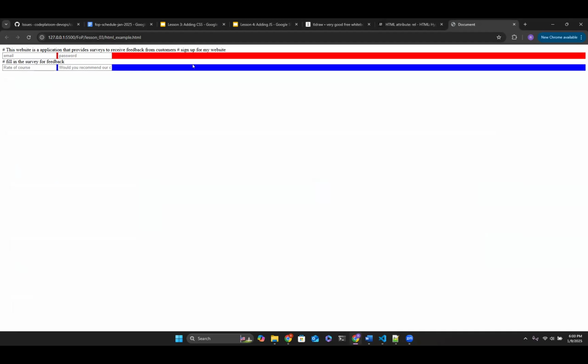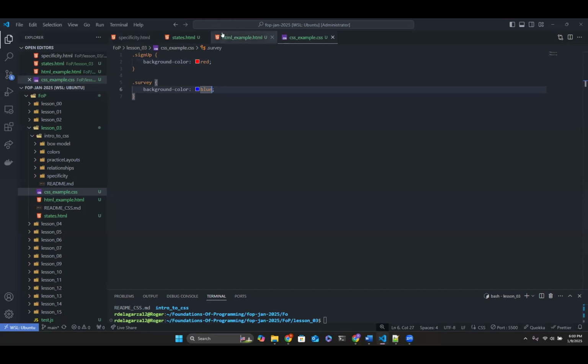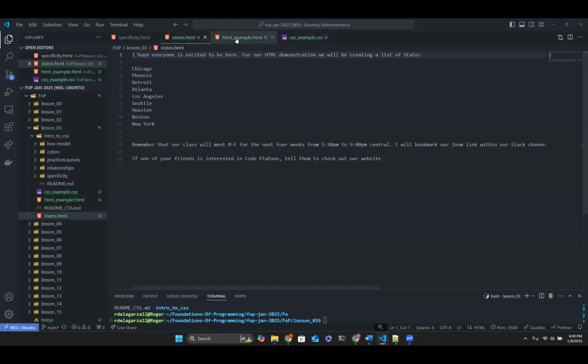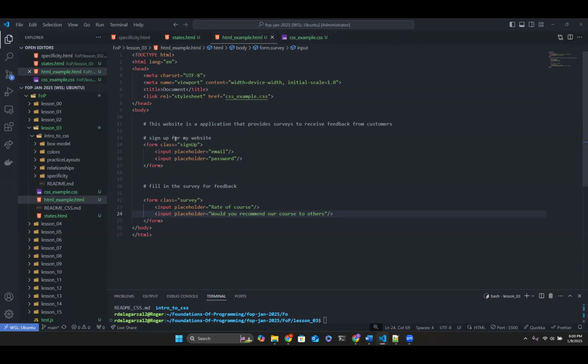What if you were trying to make the actual boxes themselves a specific color? The boxes themselves a specific color, yes, that's good. How would we do that? Well, in that case, we would have to add a little bit more stuff in here. We might have to add a class to the input tag. That way you can only format the specific input field. Make sense? Yeah, that makes sense.